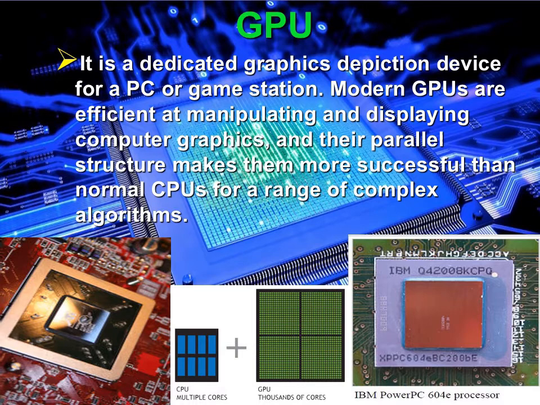Next is the GPU. It is a dedicated graphical rendering device for a PC or game station. Modern GPUs are efficient at manipulating and displaying computer graphics, and their parallel structure makes them more